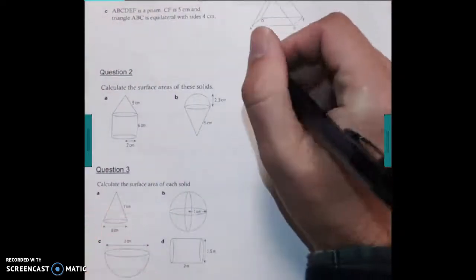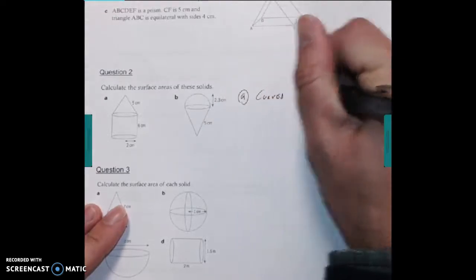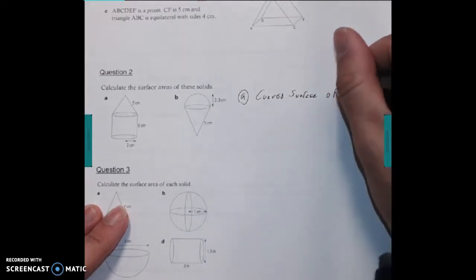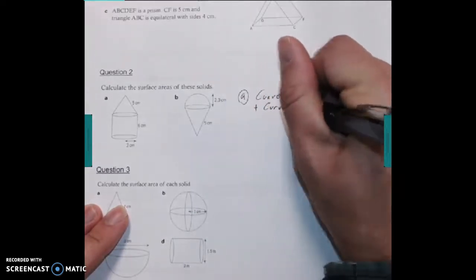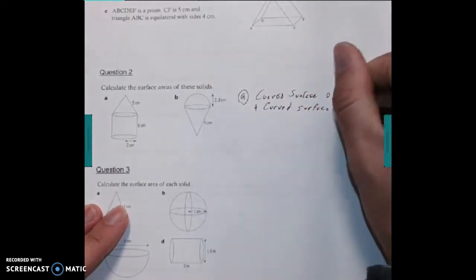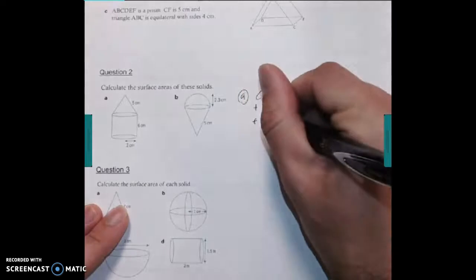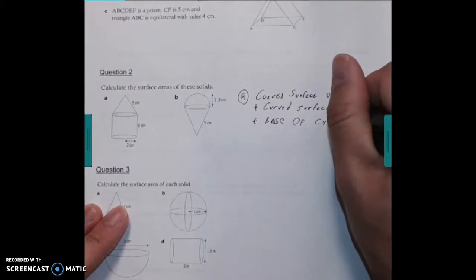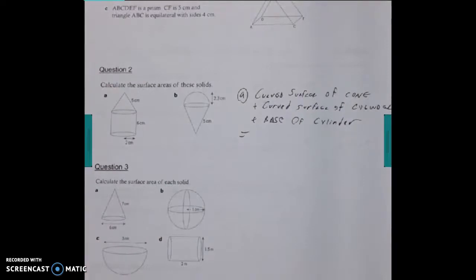And in part A, hopefully you can see that it's the curved surface of the cone plus the curved surface of the cylinder plus the base, one base of the cylinder, not both of them. So to figure out,